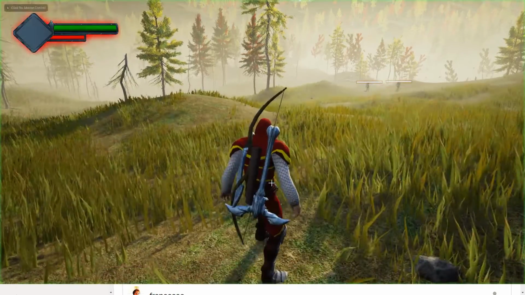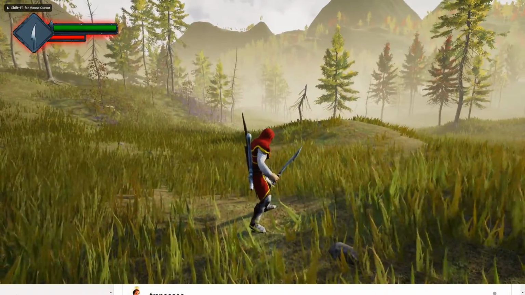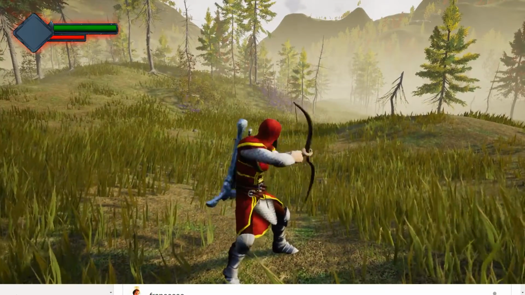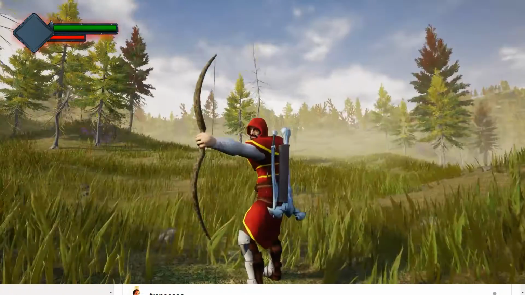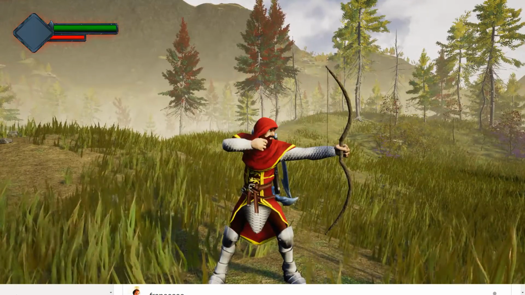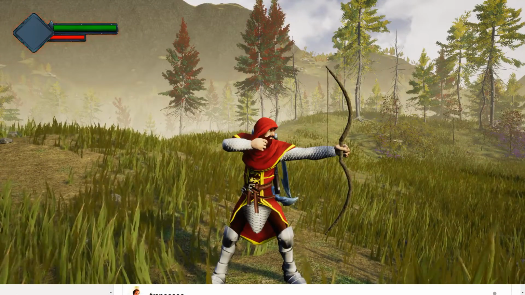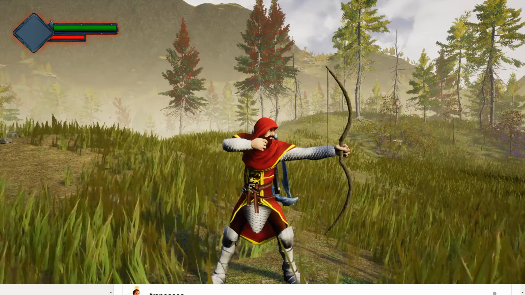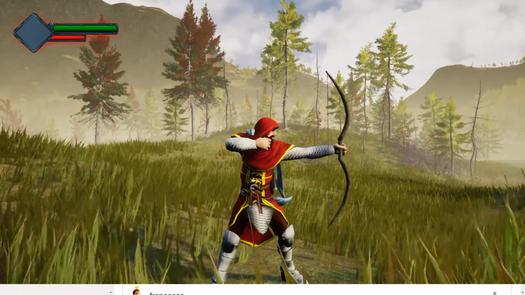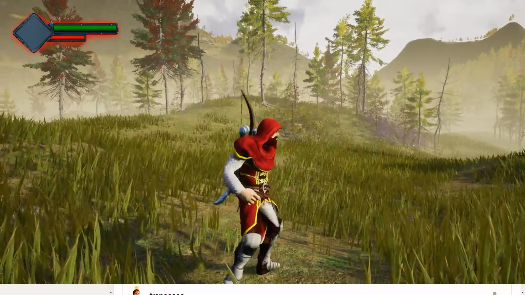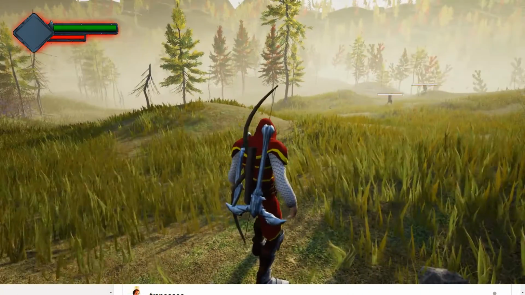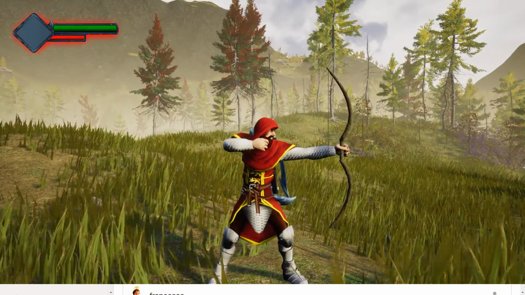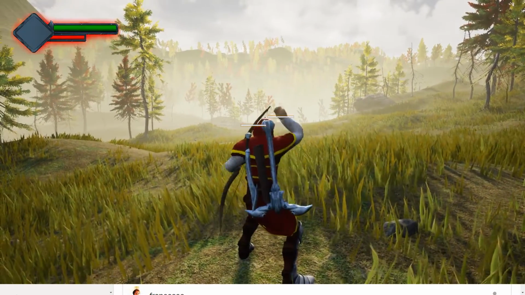So today I'm going to continue with my bow and arrow mechanics. So this is what I'm going to do today. When I press Alt, my character will equip the bow like this. It is not finished yet. You have to add an arrow and draw the bowstring to the right hand, and I haven't done those parts yet, but this is the part that I'm going to cover today. And when I release Alt, the character will put the bow back, sorry, not sword, bow, into the back and go to normal mode, like this. Okay,